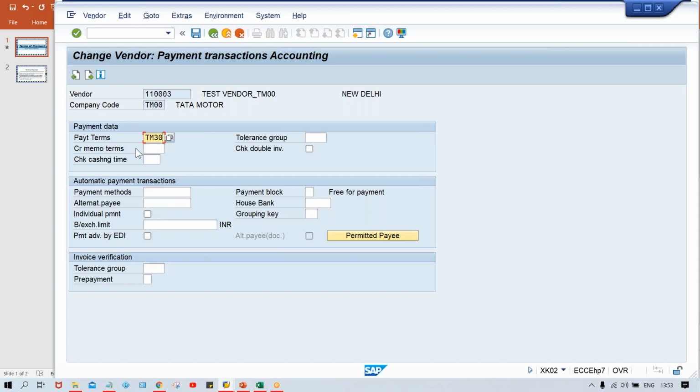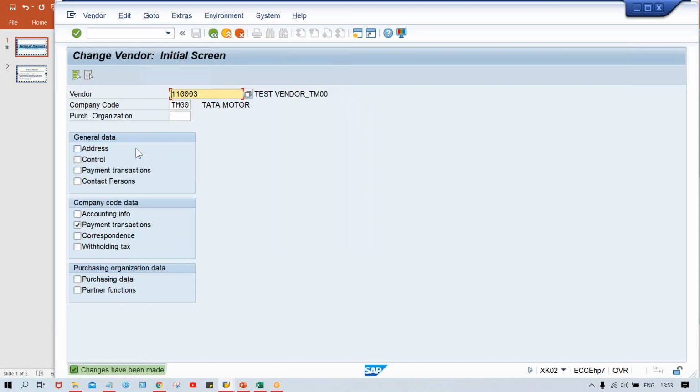Okay, so now you know the logic behind this. TM30 means invoices are going to be due in 30 days, and while posting the invoice, the system is automatically going to trigger this terms of payment from the vendor master, right? If you go to FP60,